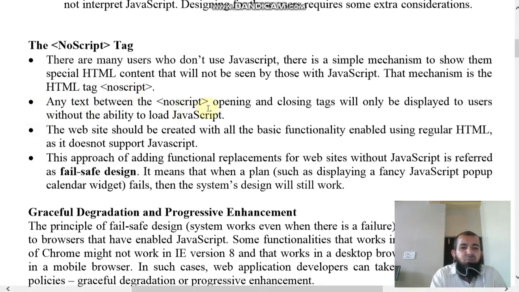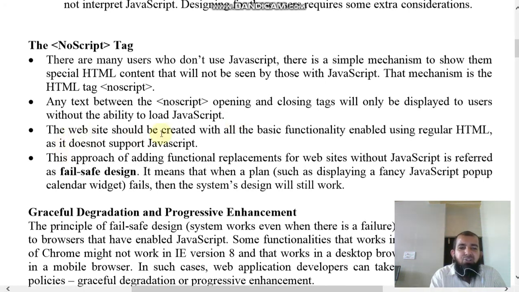Any text between the noscript opening and closing tags will only be displayed to users without the ability to load JavaScript.